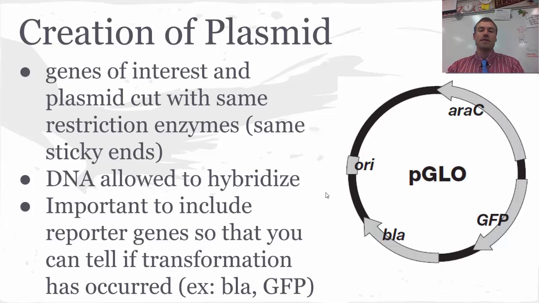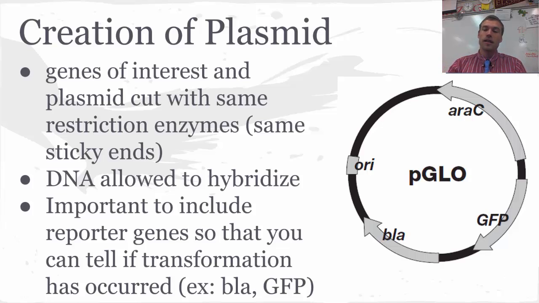So the creation of the plasmid, right? We're going to take our genes of interest and the plasmid and cut them with the same restriction enzymes. So again, we get the same sticky ends. The DNA is allowed to hybridize or come back together. And it's important when we create our plasmid to include reporter genes. The reporter genes are going to help us tell if transformation has occurred. For example, beta-lactamase, GFP,